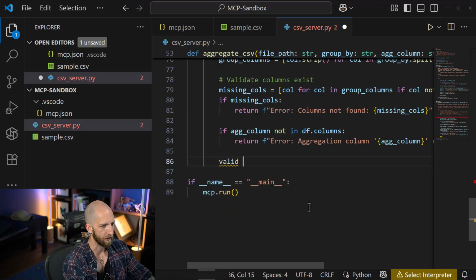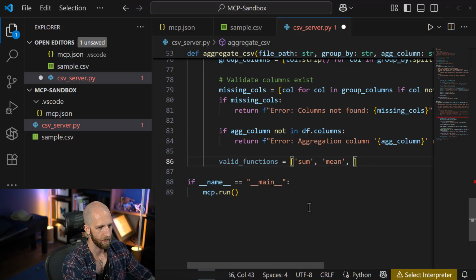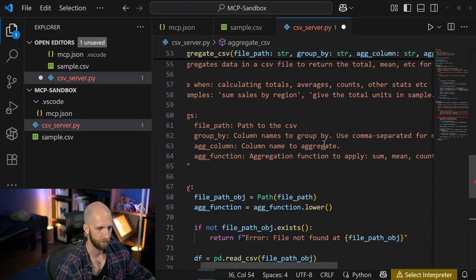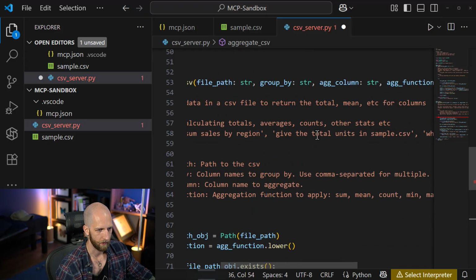So we want to give it a list of our valid functions. And this is also controlling what the possibilities are. So we're just going to give it a few. We're just going to say sum, mean, and we'll leave count out of this for now. So we'll have minimum and maximum. And I'm going to remove the counts